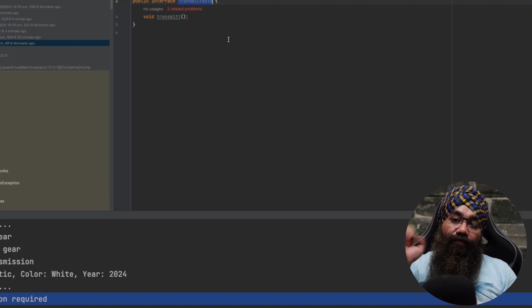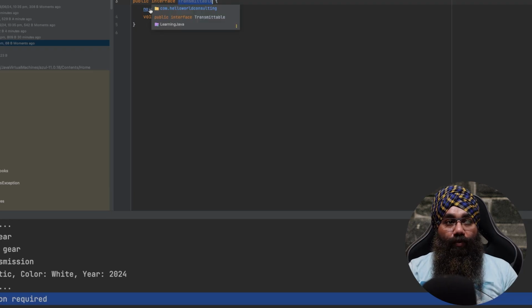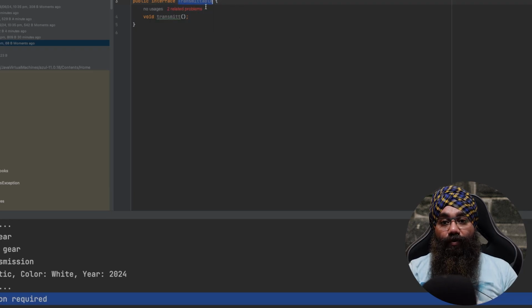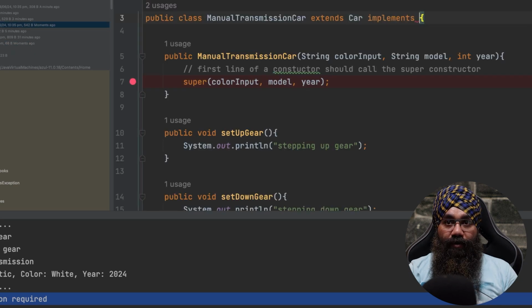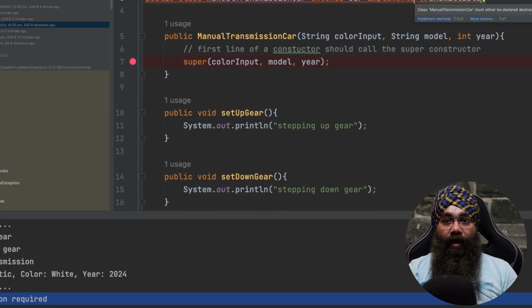To enforce some functionality, if you want to enforce something, in that case interfaces are used. So if I want to enforce them to implement the transmit method, what I can say is implements Transmittable. As soon as I ask it to implement Transmittable, it will give me a compilation error